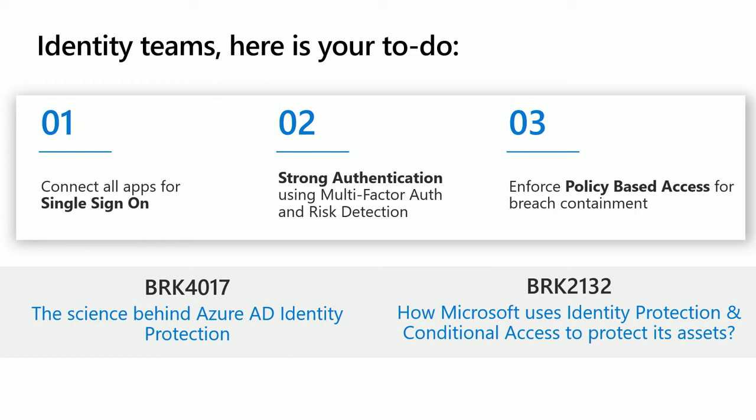That's the good stuff. First, connect all of your apps to a single sign-on solution, like Jerry mentioned. You want to have all of the goodness of the identity in one place, so you can leverage it across the board, across all of your apps. Second, put strong authentication in place. This is where you start benefiting from that single identity, because you know that you have multi-factor when there is risk. Lastly, add more policy-based access policies.